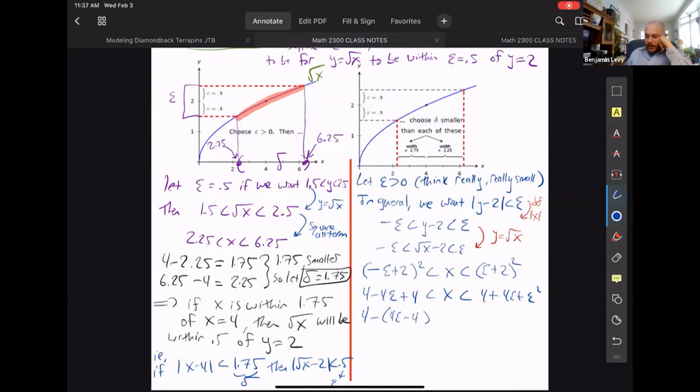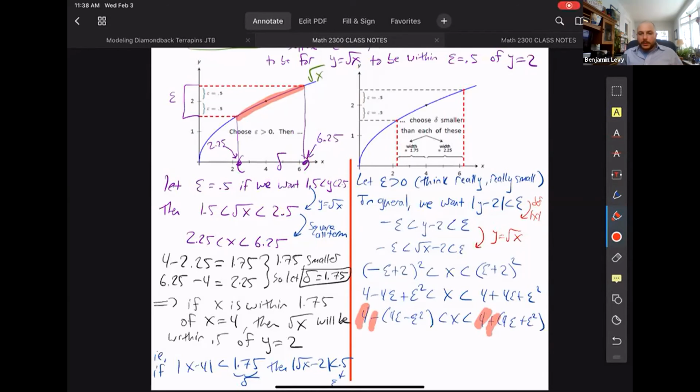No, that's not what I wanted. I messed this up a little bit. This should be an epsilon squared. Sorry, I can't read my own handwriting. And so then this becomes epsilon squared. Right. So all I did is just factor out a -1 because I wanted it to say 4 plus something and